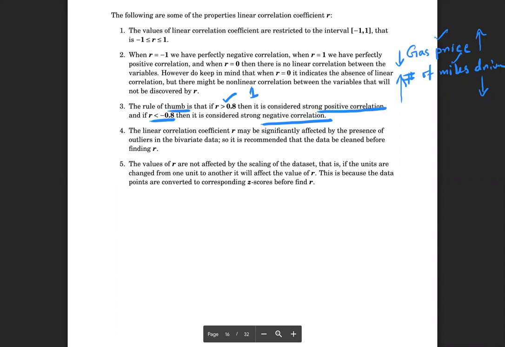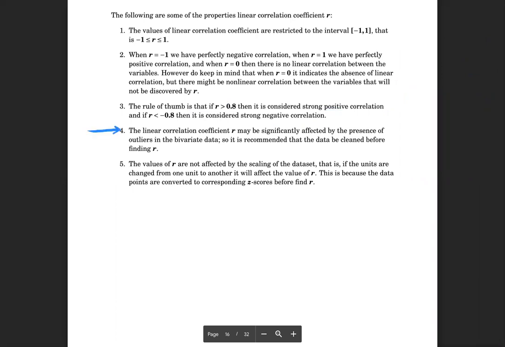Now, one caution when you are trying to find the linear or Pearson linear correlation coefficient: make sure that you get rid of the extreme data points, because if you have extreme data points, then your linear correlation coefficient could be significantly affected. If you have extreme data points or outliers,